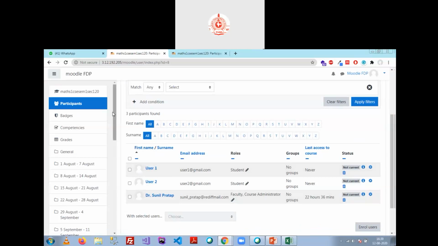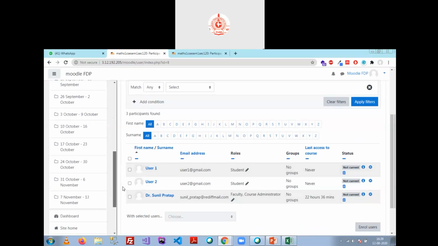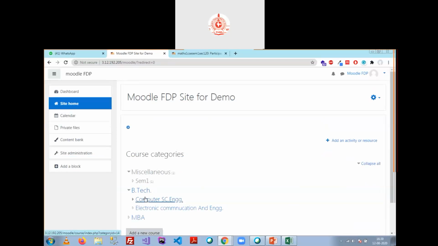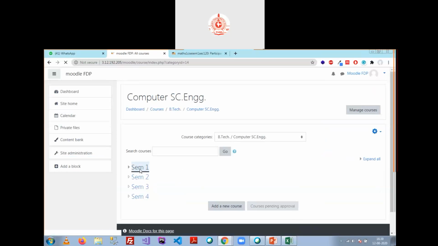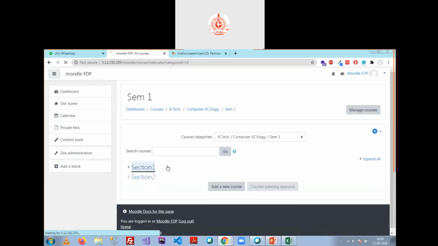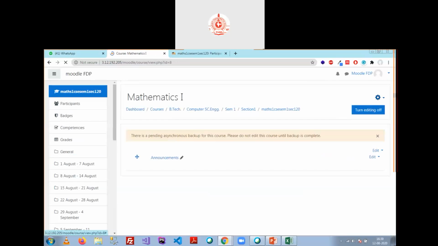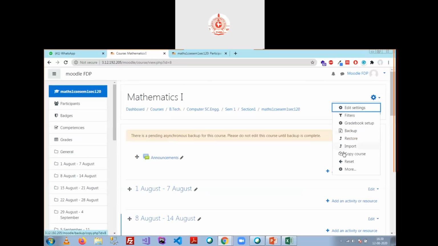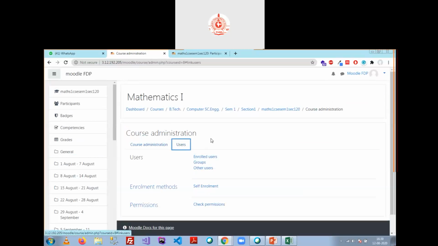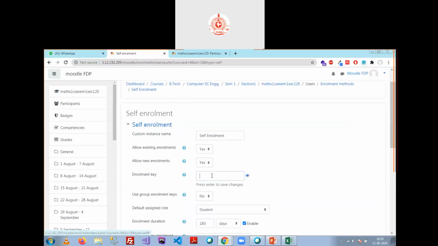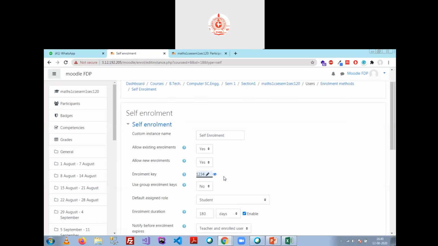This is the time I need to secure my course to get my students enrolled automatically. So go to the site home, navigate till the course. Okay. Go to the user, more, users, and click on the self enrollment and set the key here. Now suppose that this is the key for my course.